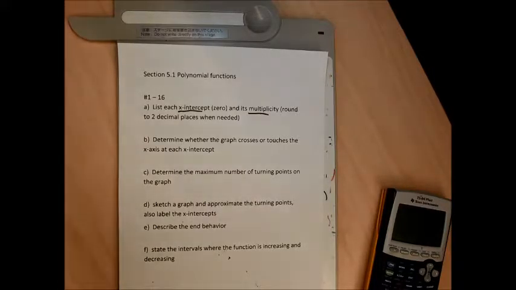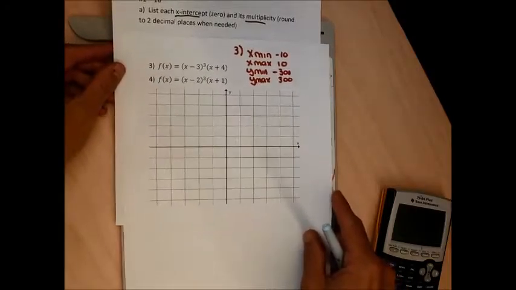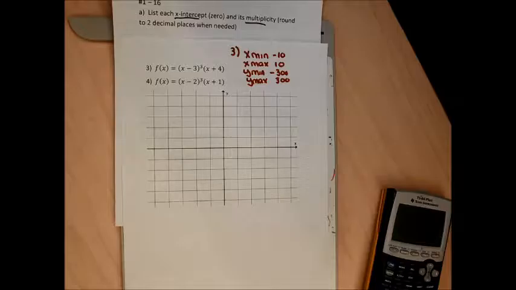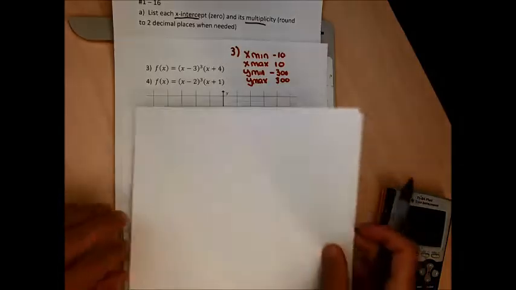Alright, so moving on, 18 minutes in, to problem 4. For problem 4, I'm given the function (x − 2)³(x + 1), and the first thing I'm going to do is list the x-intercepts and their multiplicity. So as I go to do problem 4a,